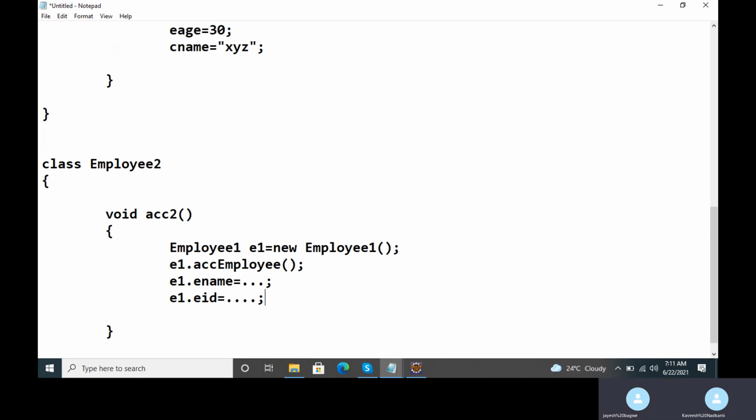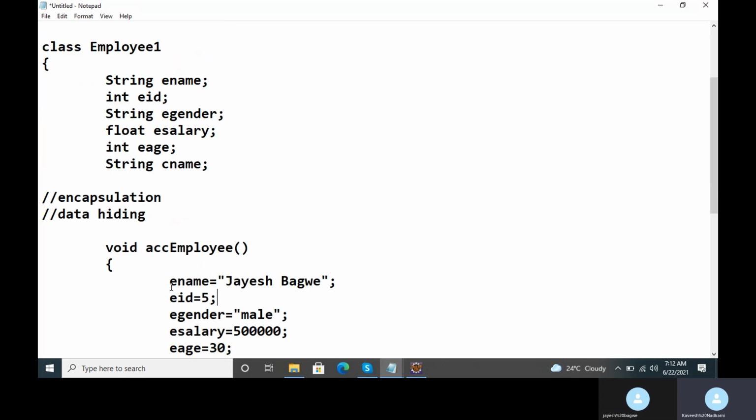But what I want is that I want to enforce a rule in the program that whenever the programmer tries to access the data members for E1 object directly in another class employee2, the program should give an error. So how can I enforce this rule? For that, I use a private keyword in Java.